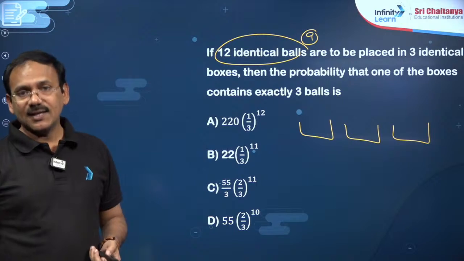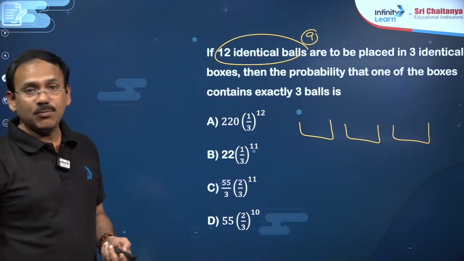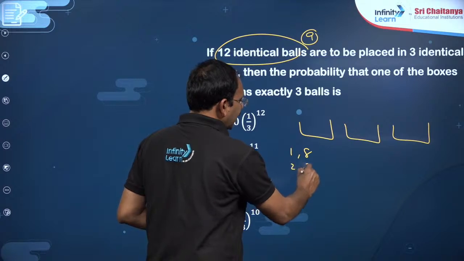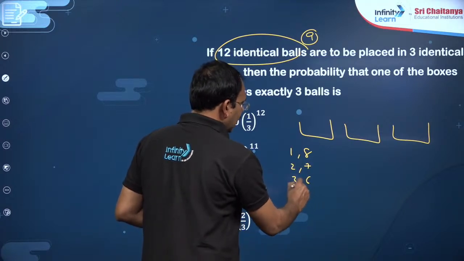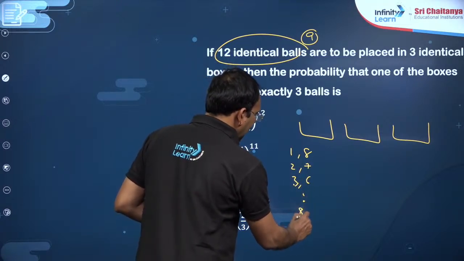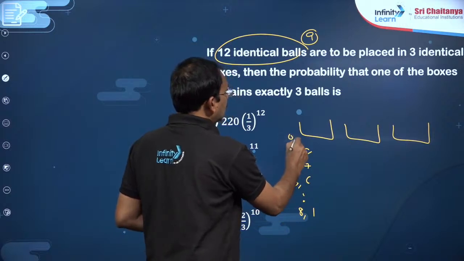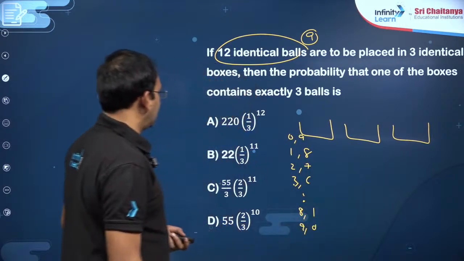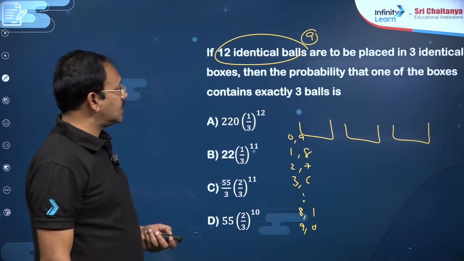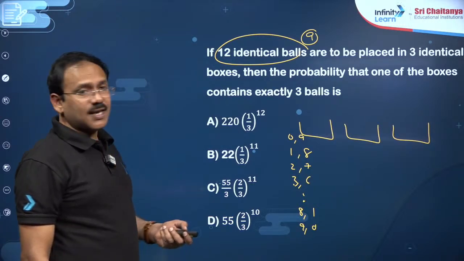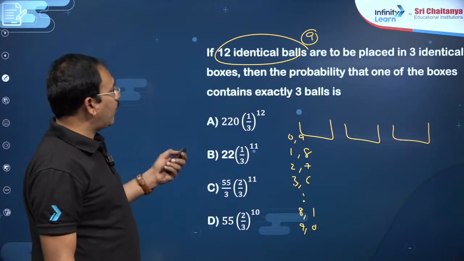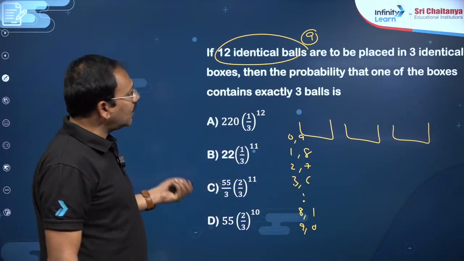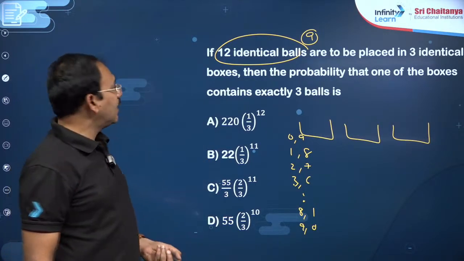so 9 identical balls are to be distributed into 2 identical boxes. In how many ways can we distribute, my dear friends? You can see 1 8 combination, 2 7 combination, 3 6 combination, like that. 8 1 is also one possibility, 9 0 is also one possibility, my dear friends. 10 cases you are going to get. In each case, if the boxes are identical, my dear friends, the total number of ways of distributing is,